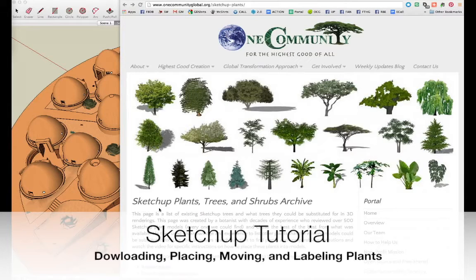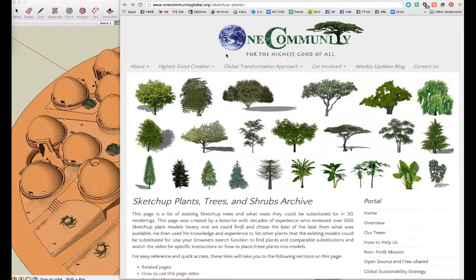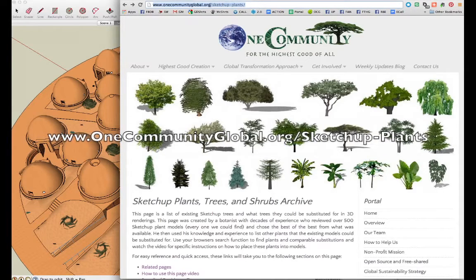And we're going to be talking about how to import objects into SketchUp and place it where you want it. So what I'm going to be using for this particular tutorial is the SketchUp plants page that is on One Community's website. And you can find that at